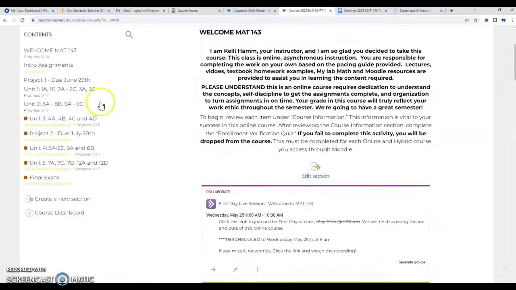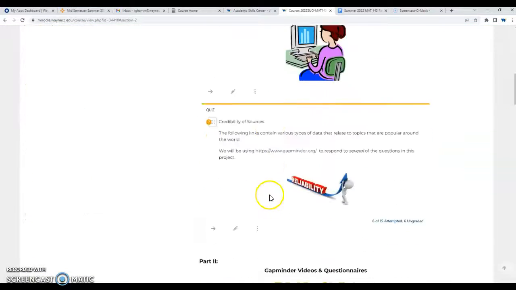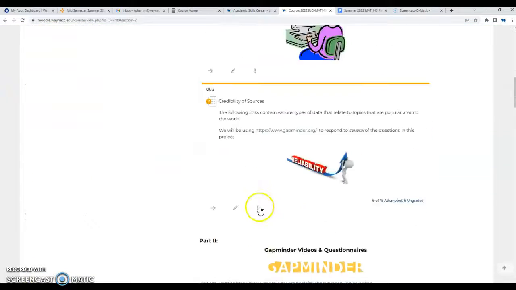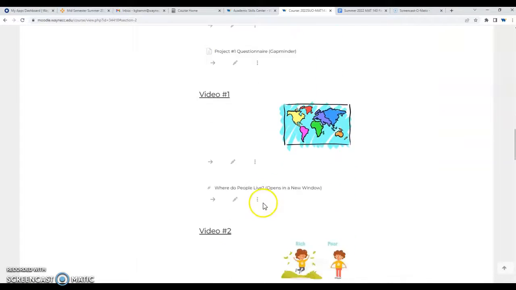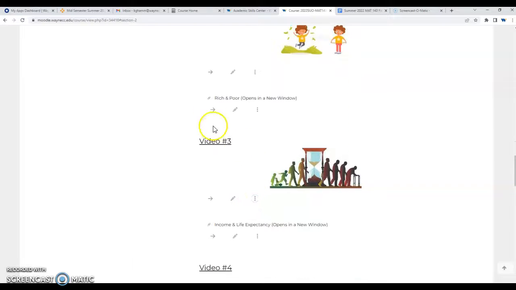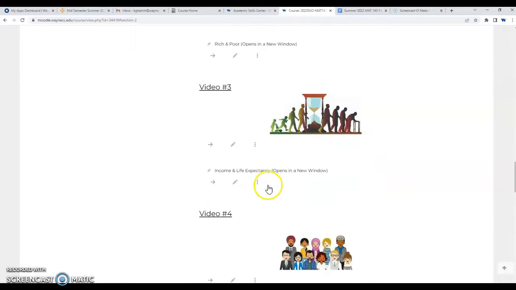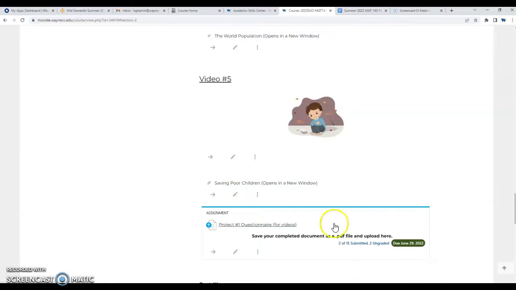Also, you should be working on your project 1 that's due June 29th. That is next Wednesday. There are different parts to this project. There's a credibility sources activity. Then you're going to watch short videos and answer questions about math in the globe, the rich and the poor statistics, life expectancy, world population, and saving poor children.